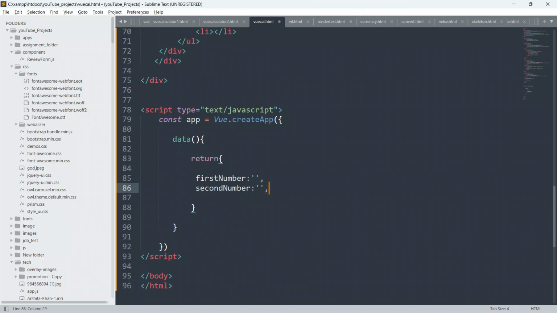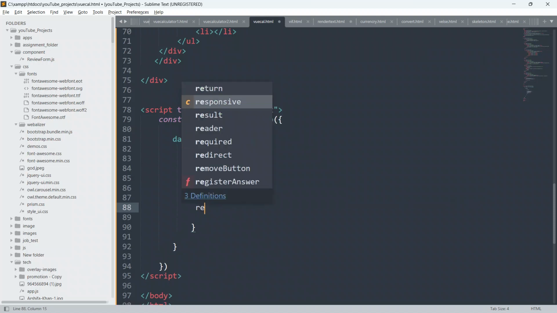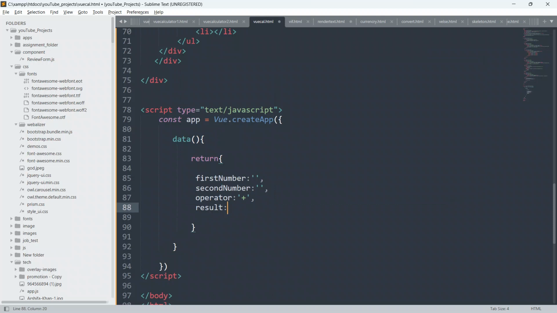As of now it is also blank, nothing, empty string. So I'll say here operator. By default I will be giving the plus operator. Just give comma and just give the result also. So I'll say here result colon, and as of now I will give 0 as a default value.